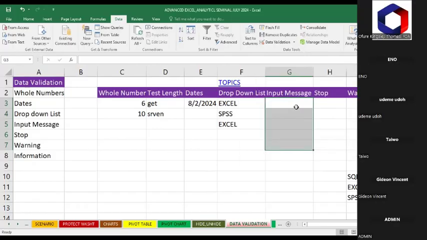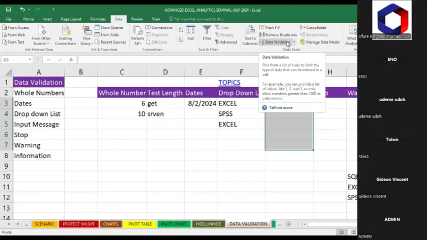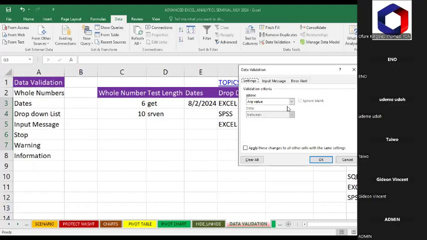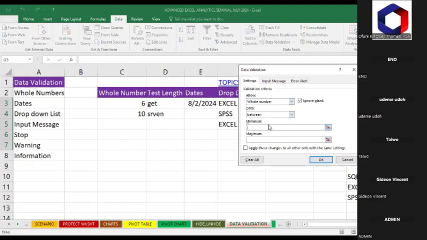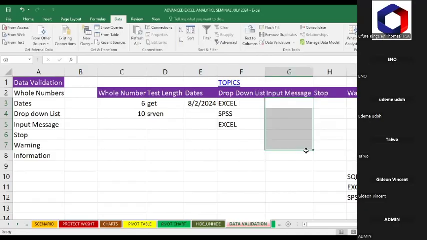So let's say I also, from this place, maybe I type that whole number there. Let me just use that whole number. So let me just say whole number from, let's say, 3 to 5. Then I'll click OK. Now, if I type 2 here and click enter,